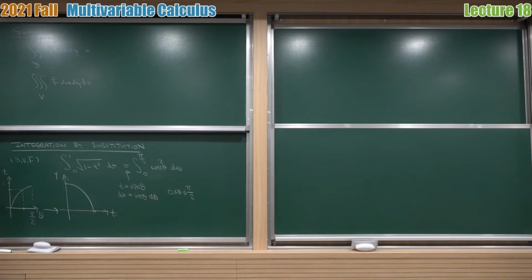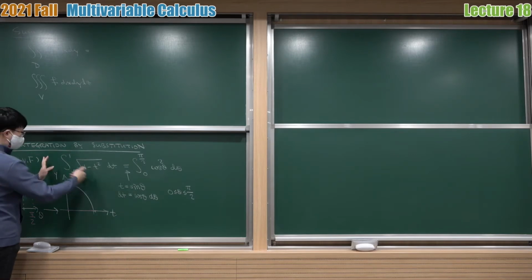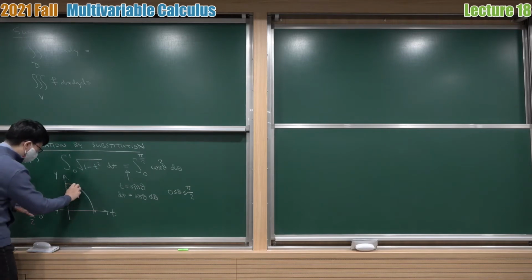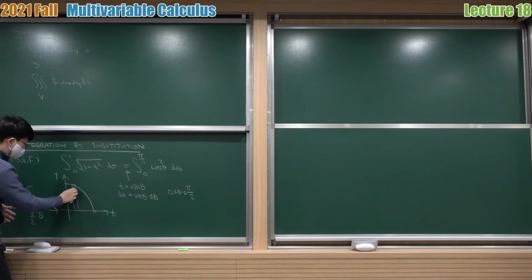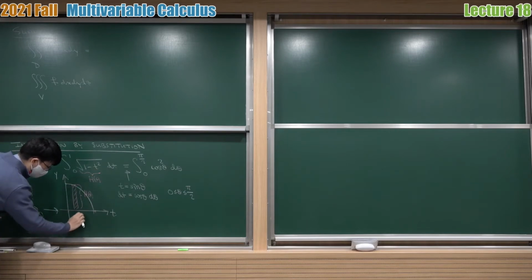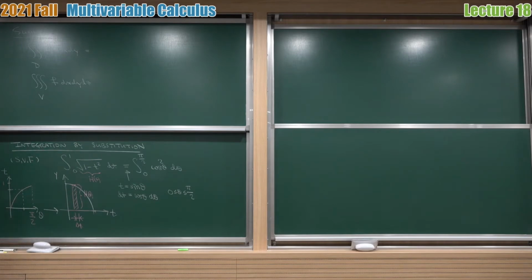And so when we integrate this thing, what we are actually doing is taking a small area of almost equal size of this underlying graph, and then we take the height here, and then we take the width here, right? And then multiply together and add all up, and by sending to the limit, we get the actual